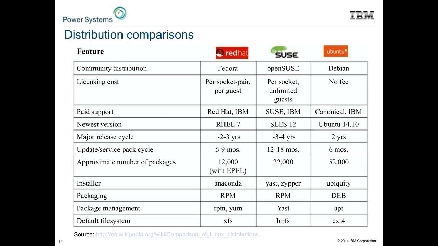If we continue on down, the newest version of each release, people are probably well aware, but in Red Hat, it's RHEL 7. In SUSE, it's SLES 12, which just came out. RHEL 7 came out about 5 to 6 months ago. Ubuntu 14.10 was the last Ubuntu release. Unlike the previous ones that are generally numbered sequentially, RHEL 6, RHEL 7, SLES 11, SLES 12, Ubuntu's release model is that the first two digits are always the year, so that was 2014, and the .10 is the month.